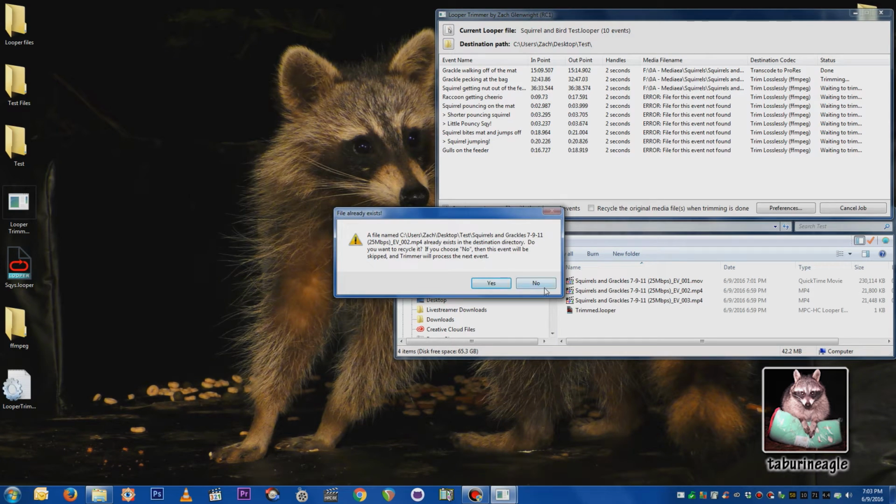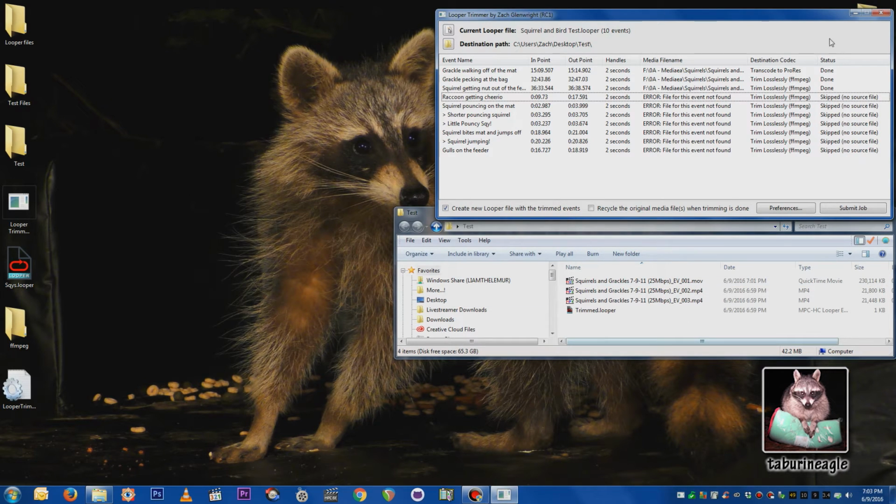Okay, so I don't want to change this. If you have an event that already exists, like a file already exists from a previous trim, you can say, I don't want to overwrite it, or you can overwrite it. Okay, so now we're done again. First one, see, it takes up much more space. It's tenfold from the original one. But